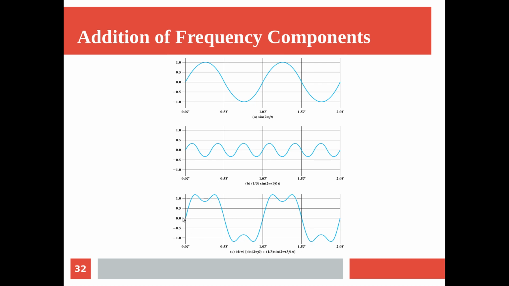Now observe that it is somewhat looking like a square wave, and that concept we will see later, not now. If you add one more signal with, say, frequency 5f, it will again smoothen, and finally for a large number of terms it will almost approximate a square wave. That concept we will see later. As of now, this is how you can add up the frequencies. Hope the concept is clear.